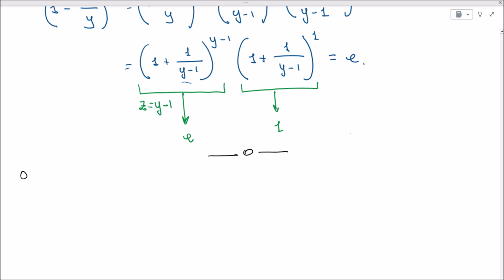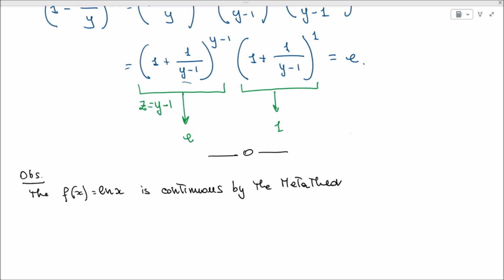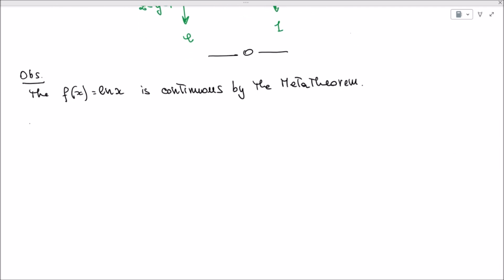So let's first observe that the function logarithm of x is continuous, and it is continuous because of the meta theorem that we didn't prove, but we have already used extensively. Okay, so with this in mind, let's first